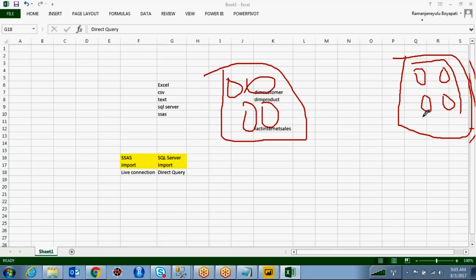In a particular fact table, I'm going to create one measure, the discount amount, based on the existing two columns. I'm going to create a new column over here, but that column is not inside your data source, right? Then how will that column get the data?